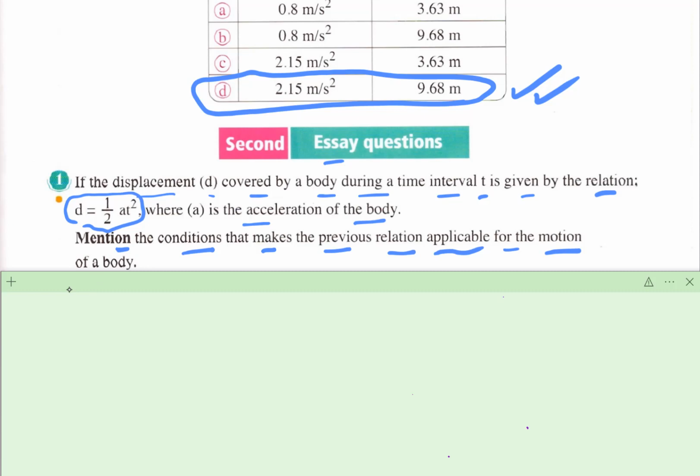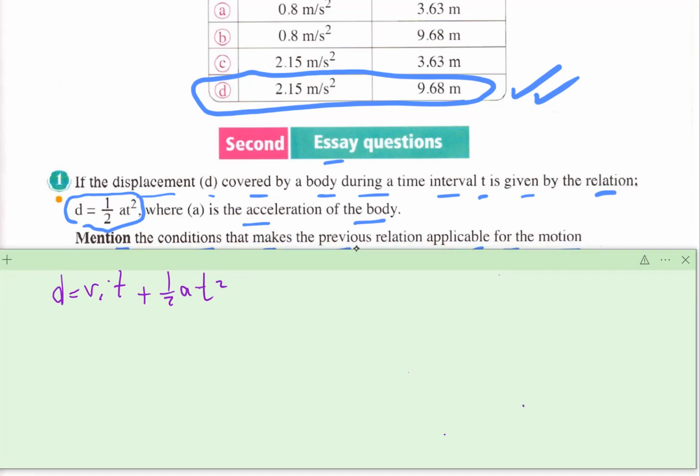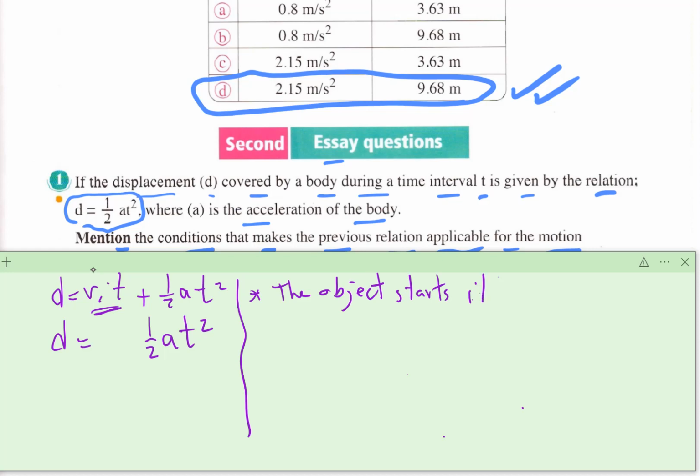We use this relation. Hold on, I want you to notice that D equals V initial T plus half AT square. This is the law that we know, right? Here, he gives you D equals half AT square. So V initial equals 0. So the first condition, the object starts its motion from rest, right? Second condition, the object moves